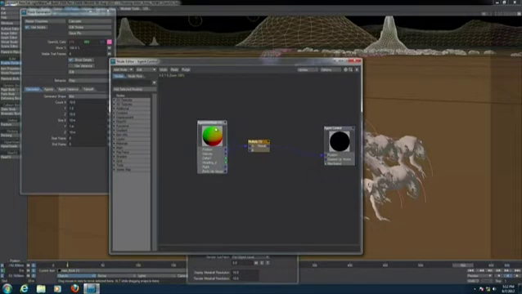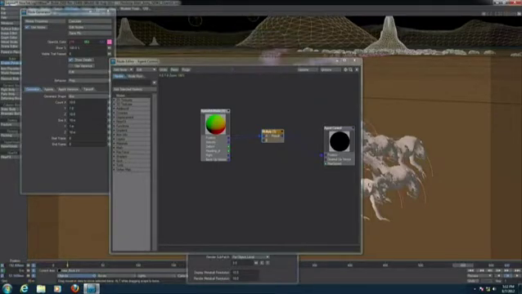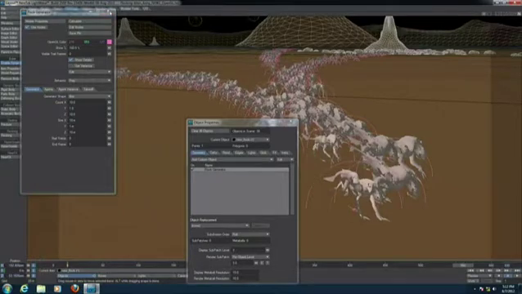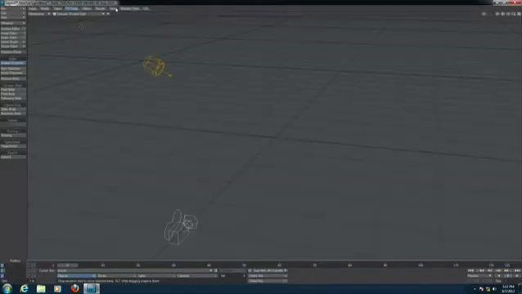All I'm doing, again, is an agent info node being fed into a multiply to just zero out the Y. Instantly, it's going to run across the ground. That's it. Now, maybe I don't have a flat ground. Maybe I wanted this to run across an uneven surface, or a terrain that I have created. Let's see how easy that would be to set up. So I'm going to clear this out,